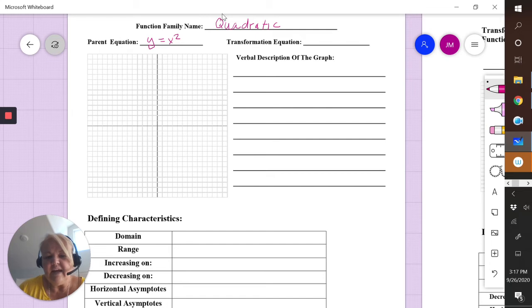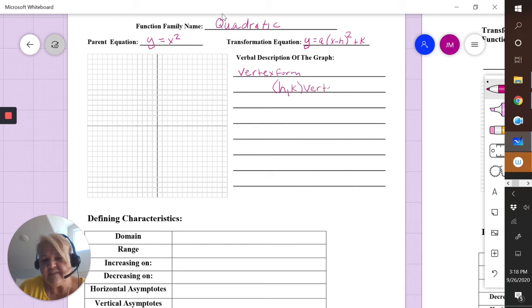Okay, and the transformation equation, which we also call the vertex form, is y equals a, we've seen that a before, (x minus h) squared plus k. It looks very familiar. It looks very much like the absolute value equation. We also call that transformation equation vertex form. And the reason we call it vertex form is we can look at it and know that (h, k) is the